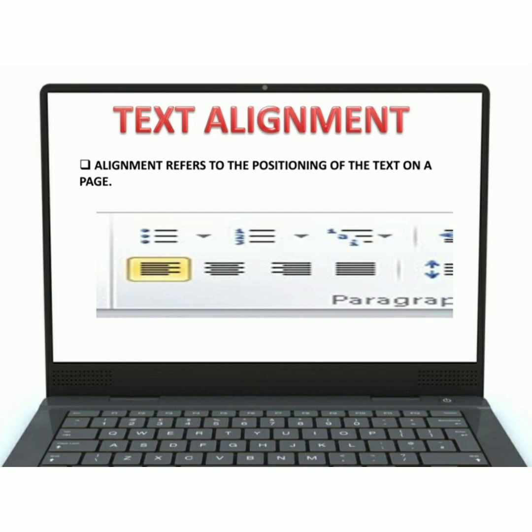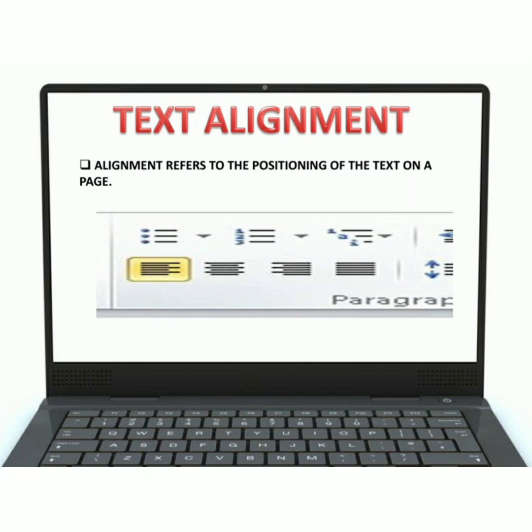Kids, alignment means or refers to the positioning of the text on a page. Generally, kids, it is always better to set the alignment of a text before typing. But you can also change the alignment after typing the text.